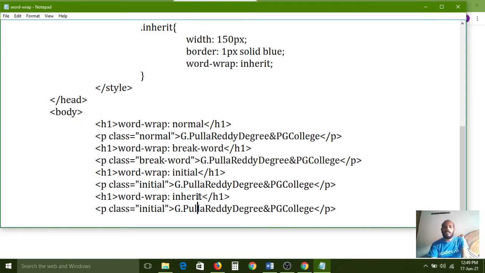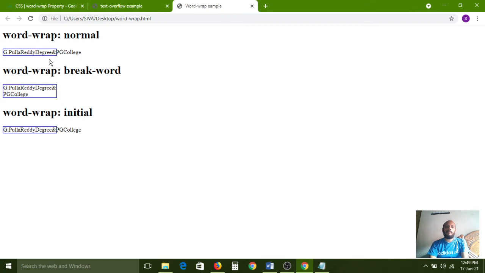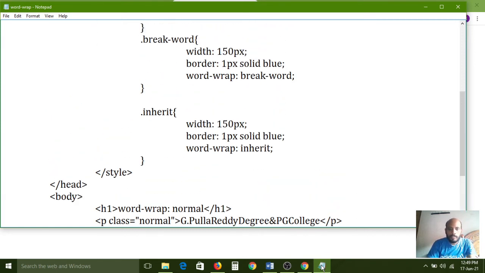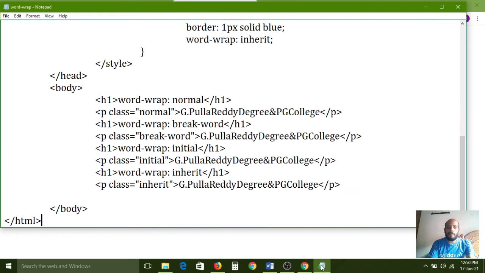Inherit. Now the class name is also inherit. Now I am saving this one. Again I am refreshing the web page. So the output is also inherit. Sorry, actually it is crossing the boundary. Just wait. Inherit, inherit break code. Yeah, actually it is taking the element from the element super property.